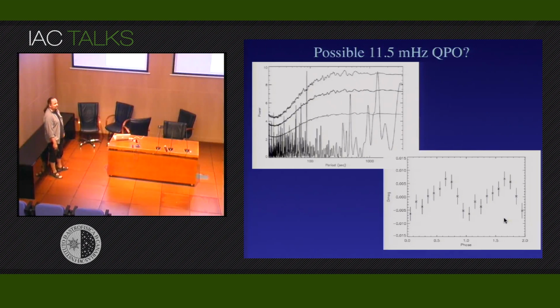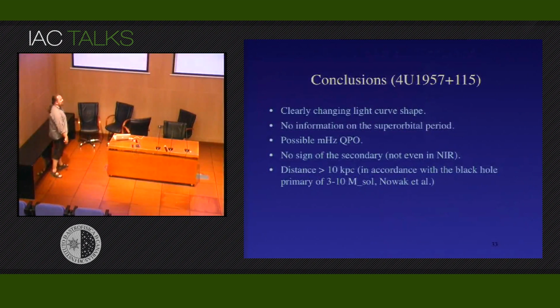Finally, I'll quickly show some data for the really odd source, 0614+091, which is another 18.5 magnitude low-mass X-ray binary. It has a long period, about 10 days, detected from JKT observations by Mason et al. And much more recently, the optical spectrum, which doesn't show any hydrogen lines, seems to show CNO lines, which means that it's probably an ultra-compact system with a period less than about 60 minutes and a double degenerate secondary star,